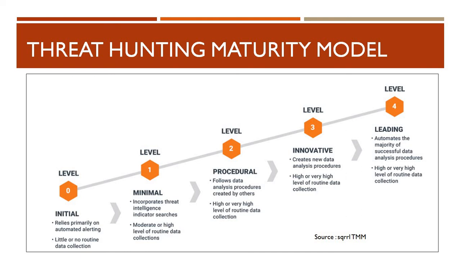So they totally rely on automated alerting, maybe from a SIEM or log management solution, where there is threat hunting at a very minimal level. As you move on to a higher level, known as level 1, your threat hunting is at a minimal level, which uses threat intelligence indicators of compromise to look for anomalies in the environment. But as I have already stated, threat intelligence is not enough for performing threat hunting. There should always be a proper and knowledgeable threat hunter to perform effective threat hunting.